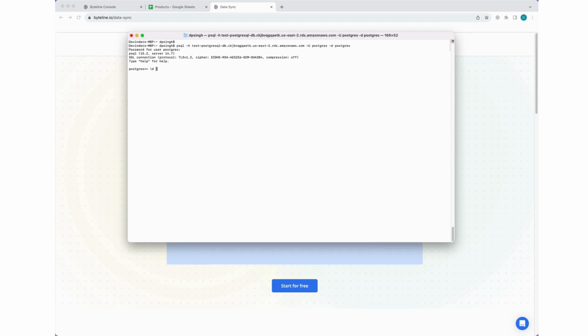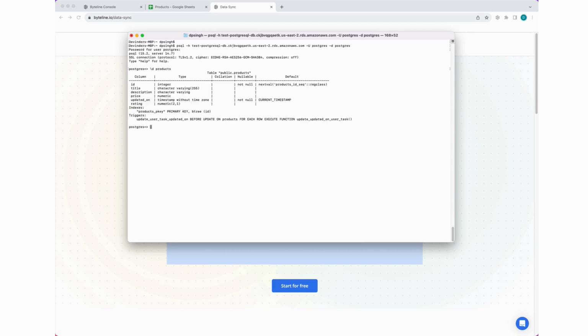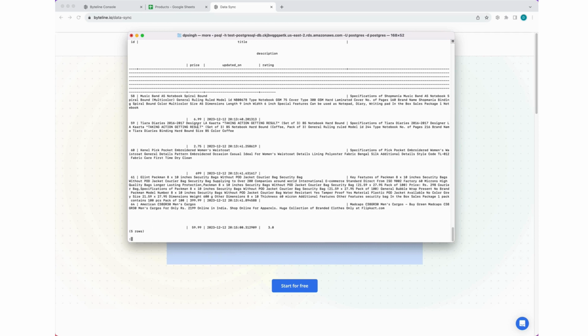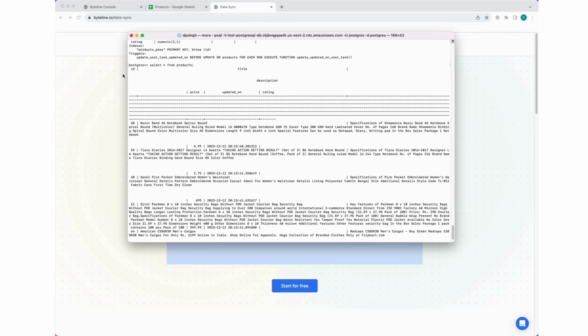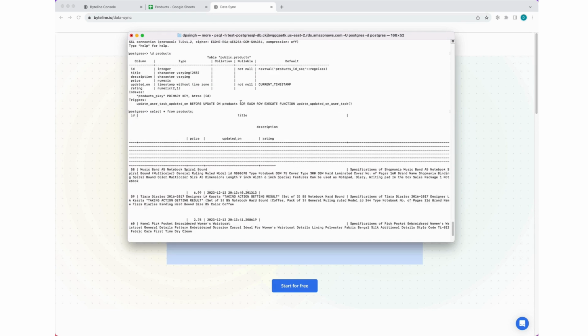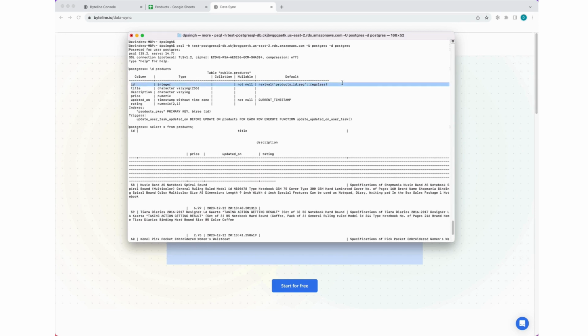In my DB, I have one table, products, and let's look at the data of that table. I have 5 records, and each of them has an ID, which is a running number, and then the title, description, price, which is numeric, and then rating. I also have an updated on field, which keeps the last updated time